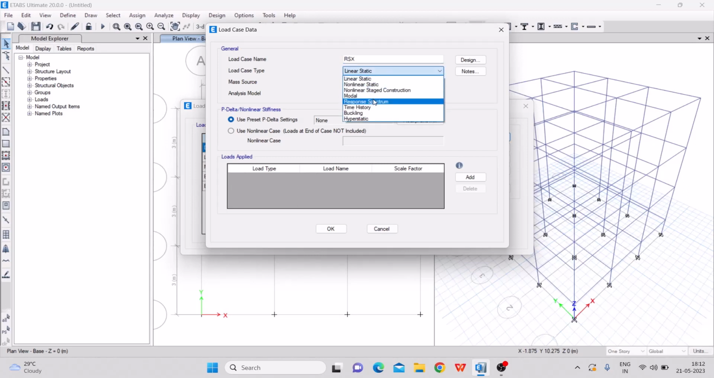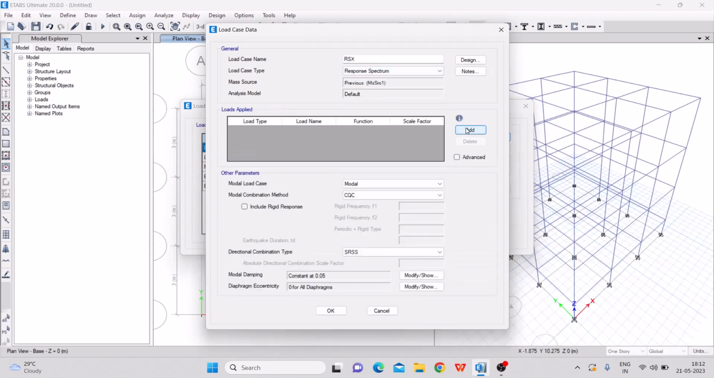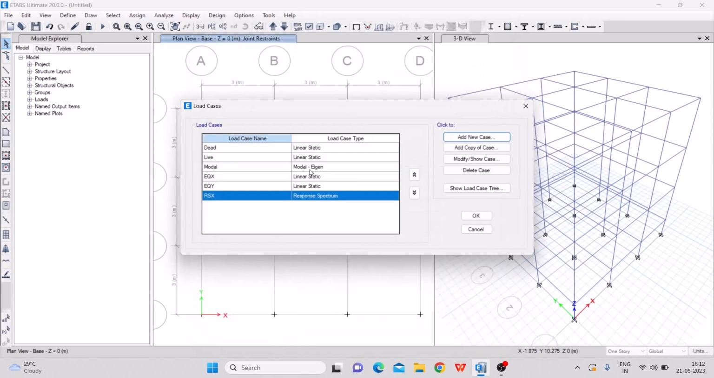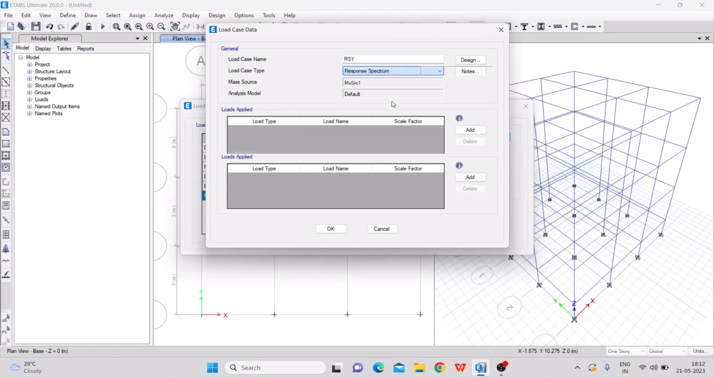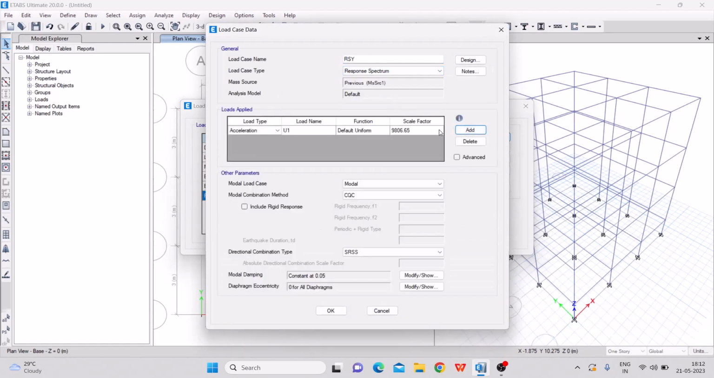Select the response spectrum to add, and also for the Y direction. Here we have to change to U2. Just add,